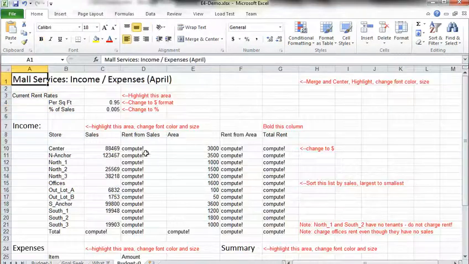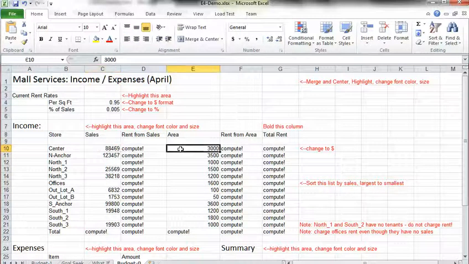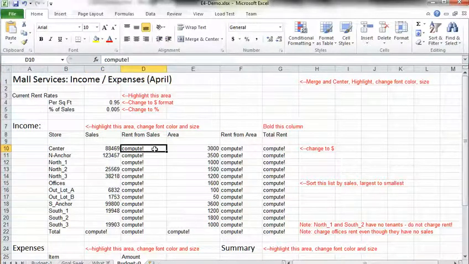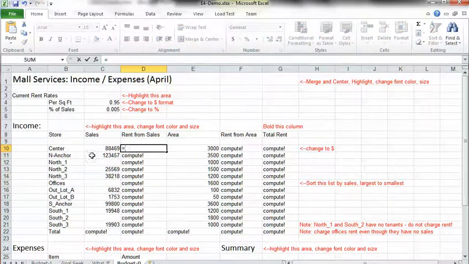Alright, so here in each one of these stores, they have their sales and the area of their store. So which one should we do first? Let's just go ahead and do their sales. We take this and we will want to multiply this by 0.005, which is 0.5%. We'll do the formatting later. So in here I'm going to put this formula equals this cell times